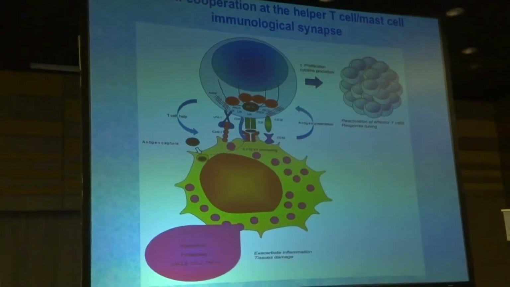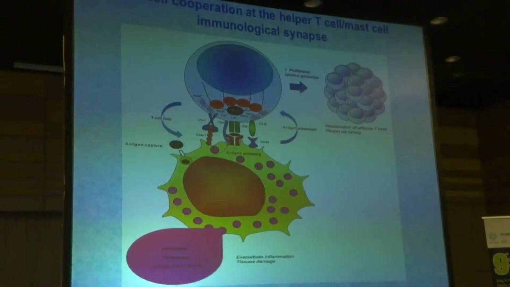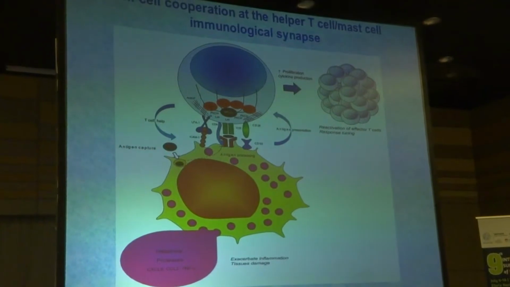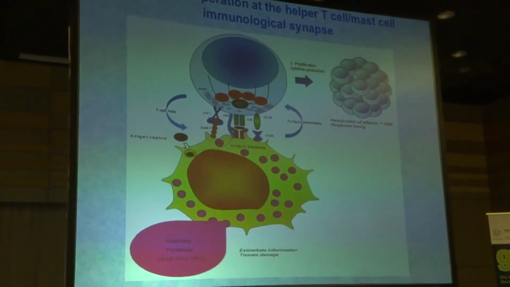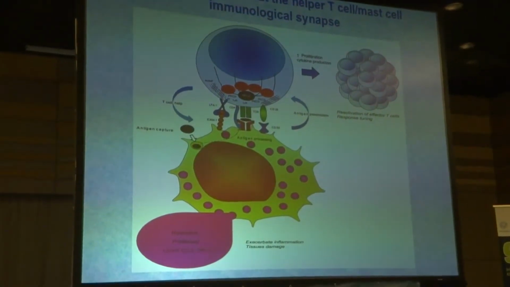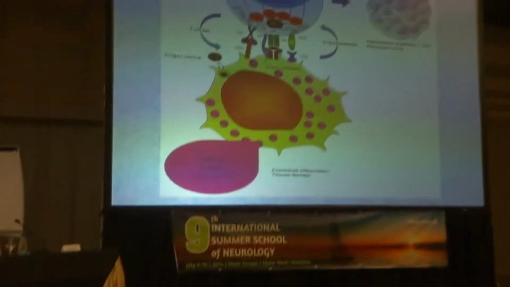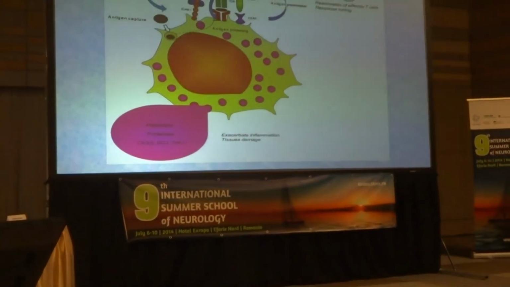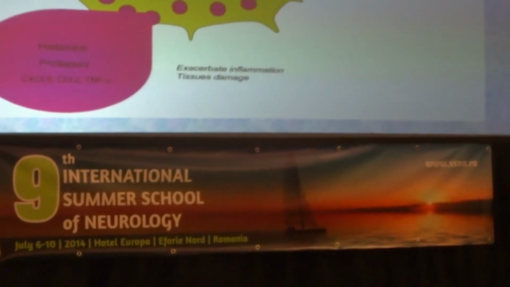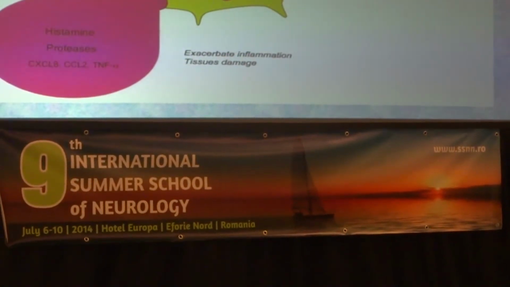By releasing specific antigen to T cells, they will actually polarize the T cell secretory machinery and form what is called an immunological synapse between the mast cell and T cell. That is the story for another presentation. Now, all of this